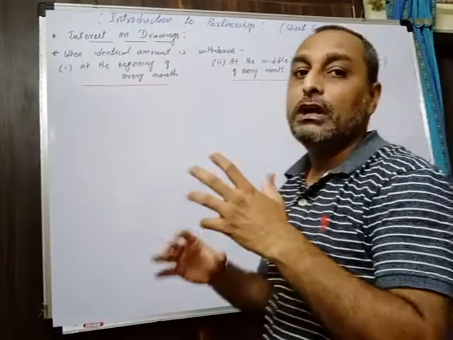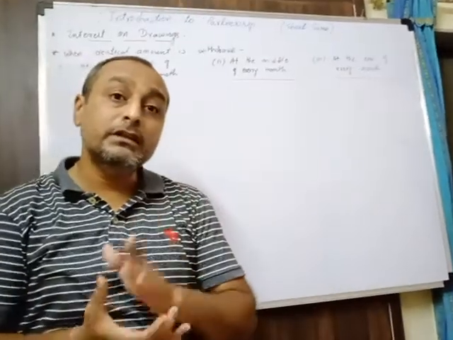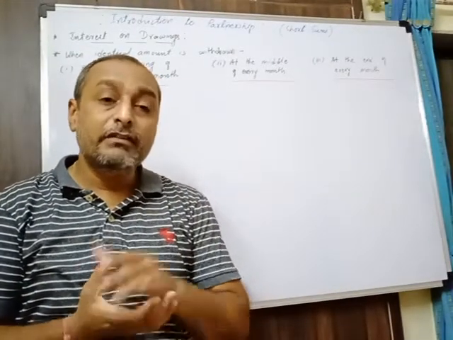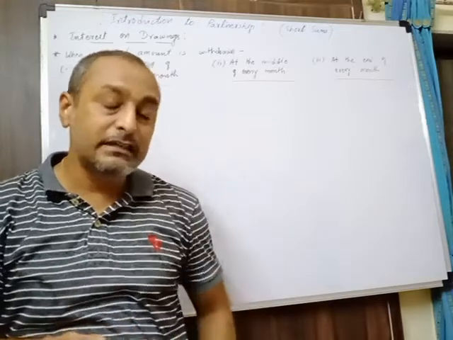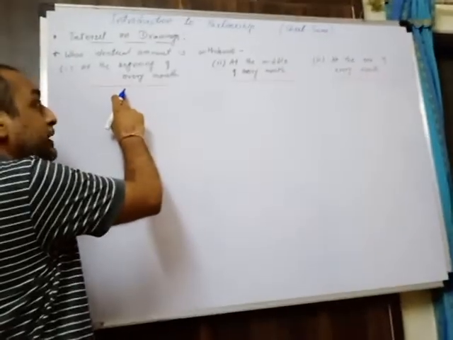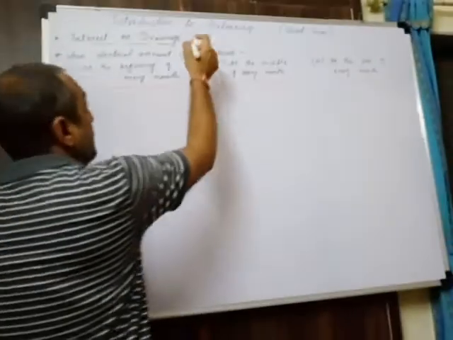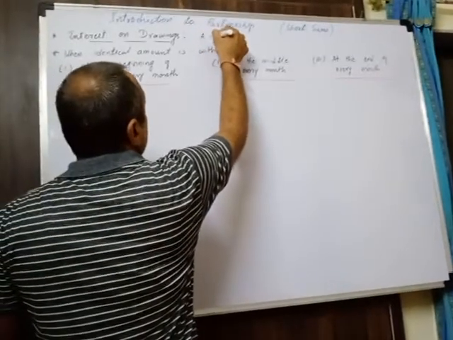Every month he is withdrawing money. Now when he withdraws money every month, the important thing is the calculation of interest. Every month the period of interest calculation will be different. I will explain one example. Suppose that he is withdrawing money at the beginning of each month, and we are taking the accounting year as